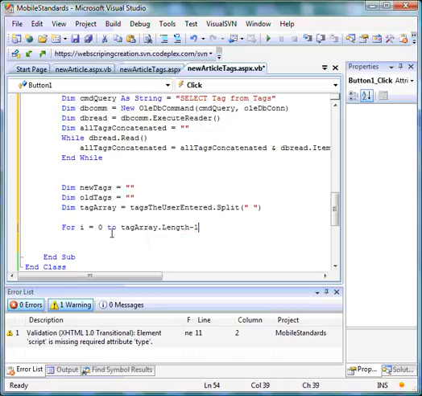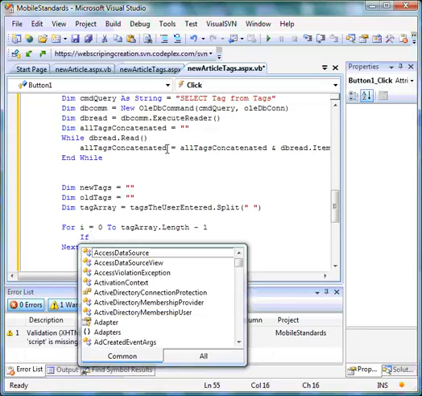Okay, arrays in most languages, including now VB.NET, are usually 0 index, so they start at 0 and they continue up to the number less than the length of the array, such that an array has 6 elements, namely 0, 1, 2, 3, 4 and 5. So therefore the length of the array - 1 gives you the last item of the array. So now what I can do is say for 0 to tag array length - 1,